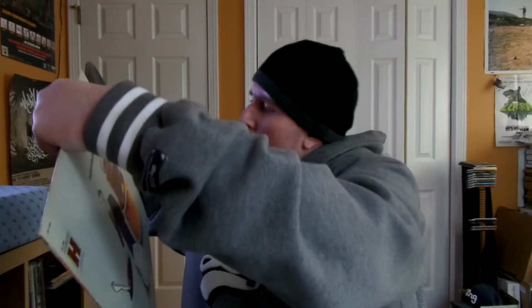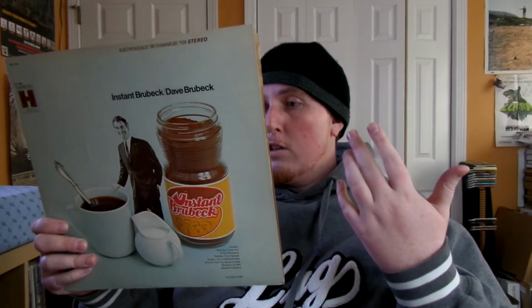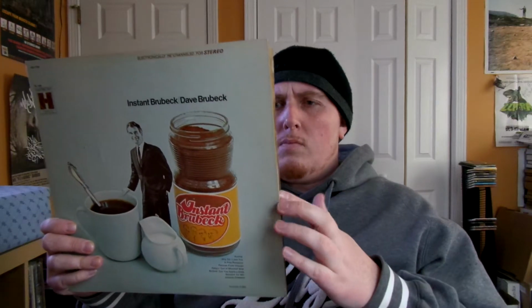What's his name? Is it on here? I don't think the players are on here, but I forget his name now. Unfortunately the players aren't on here, so I don't know them, but I know Paul Desmond's definitely on here on sax, and obviously Brubeck on piano. So you got tracks like Audrey, Jeepers Creepers, Pennies from Heaven, Why Do I Love You, Stomping for Millie,